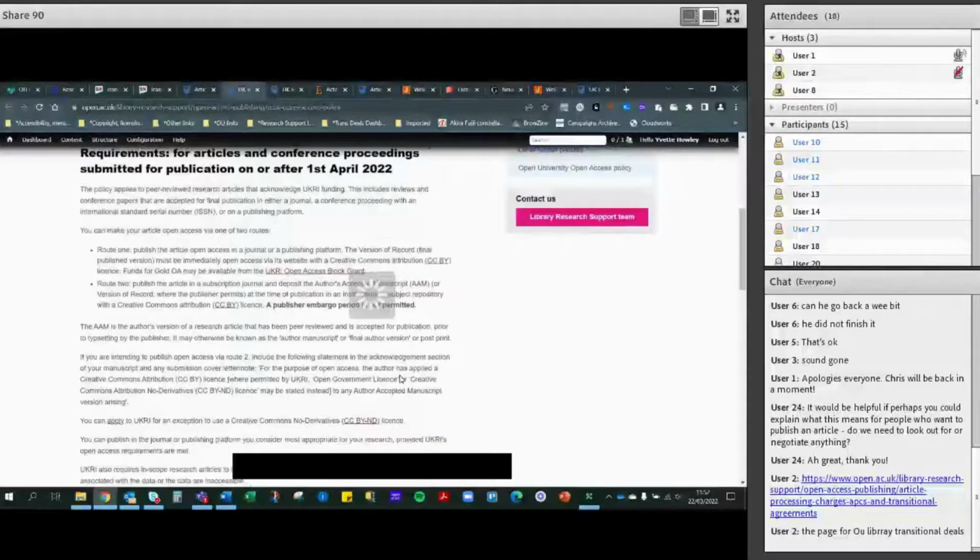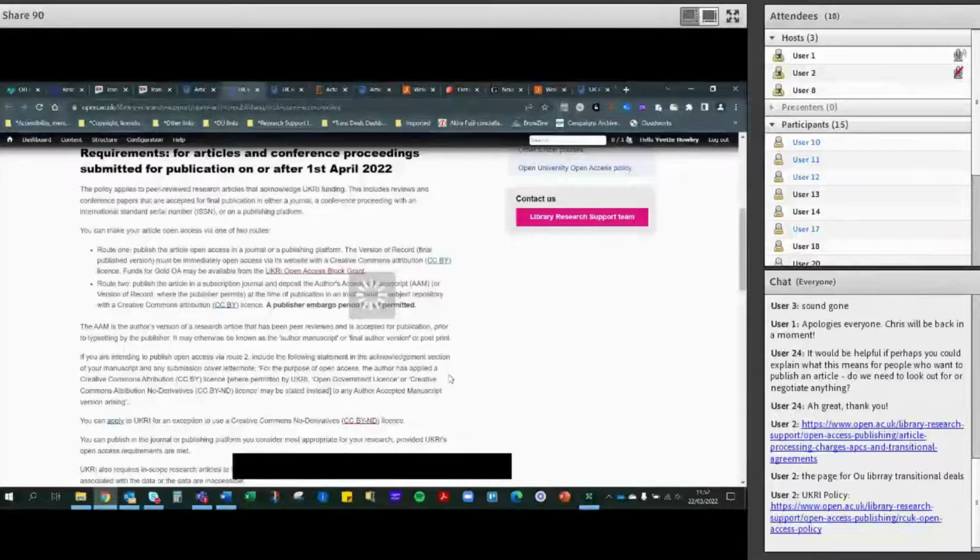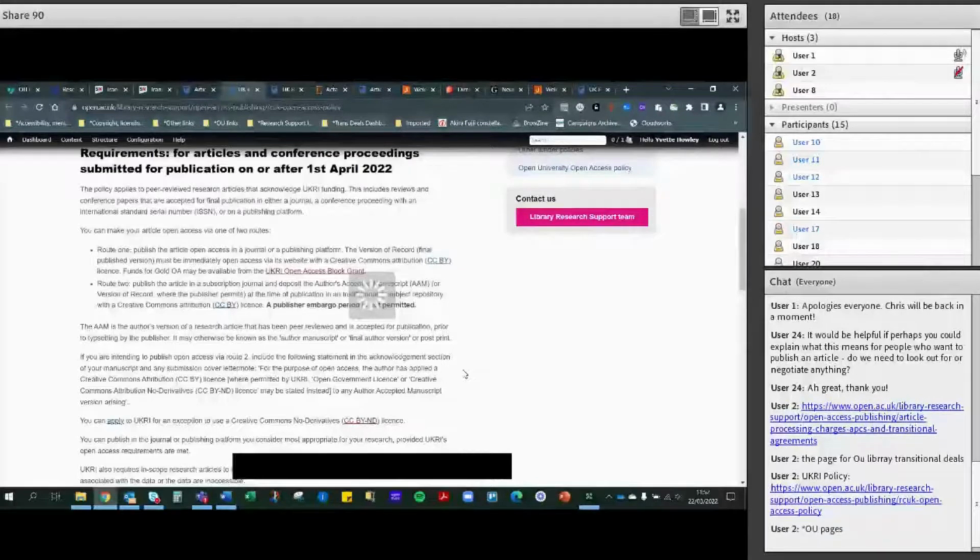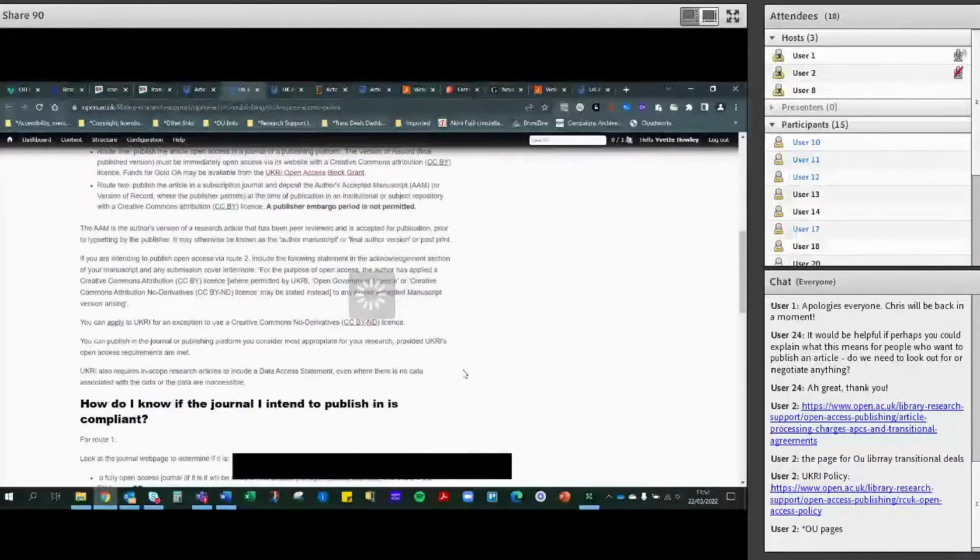So, is the journal you've chosen compliant with the open access policy though? Unfortunately today, as it stands, this is a difficult one to answer, as UKRI haven't yet released their journal checker tool. This should hopefully be released on the 1st of April in conjunction with the policy taking place. It should be an easy way for you to check that your chosen journal meets all of the criteria. And once that's up and running, there will be a link to that tool here on these pages. So it'll be a very useful tool for all of us.